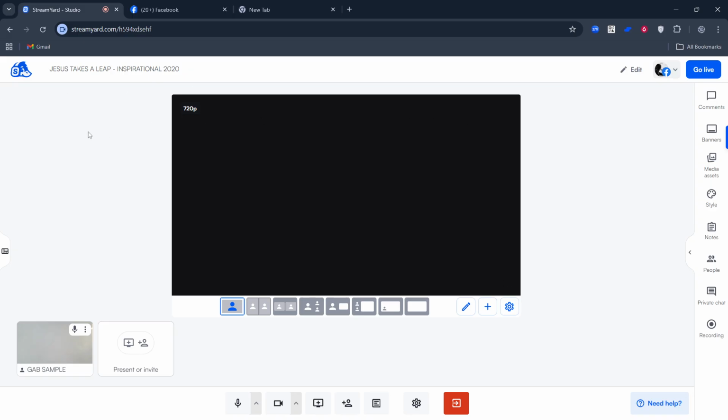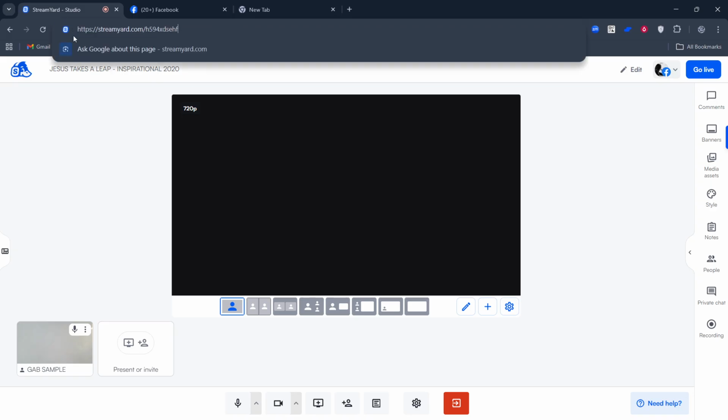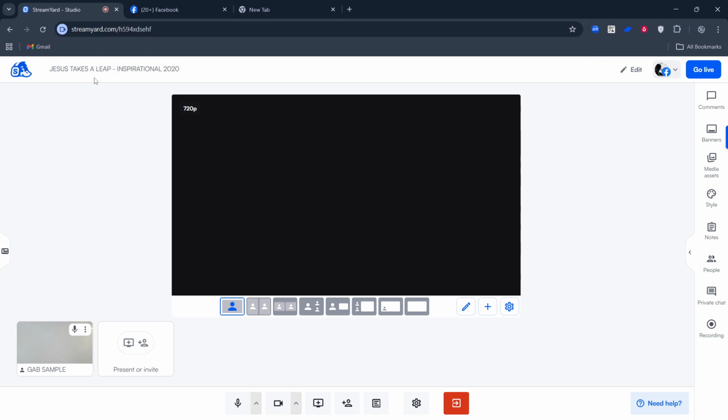First, open StreamYard and log into your account. From your dashboard, enter the StreamYard Studio for the stream you're preparing. This can be your upcoming broadcast or a test studio so you can preview how things will look. Give the studio a moment to load your camera and mic, and make sure your layout is visible so you can see how the ticker will fit on screen.